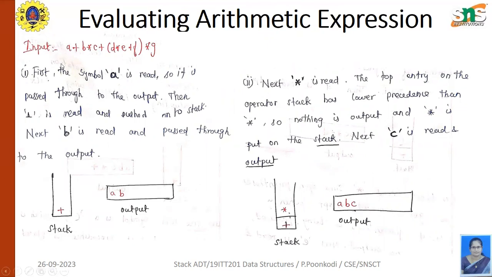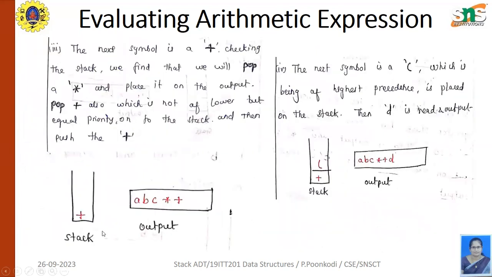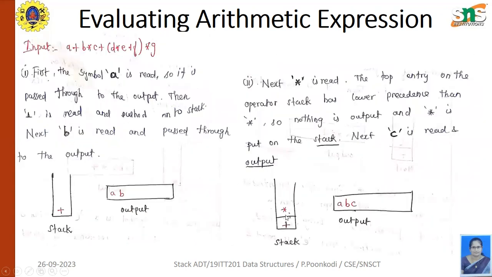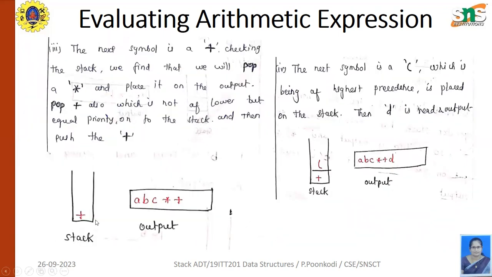While converting, we start reading the equation from left to right. Each pass it reads only one character at a time. If it is an operator, it will be placed on the stack. If it is an operand, it will be placed on the output array. Likewise, this is done. Then if we have a star and the next symbol we read is plus, if we try to insert it,